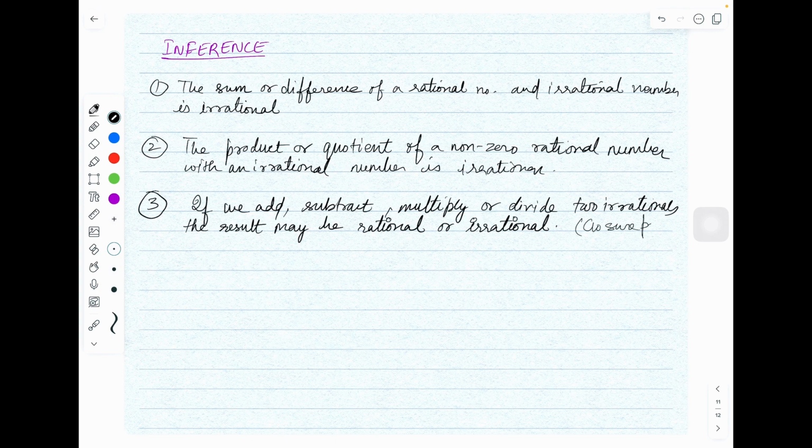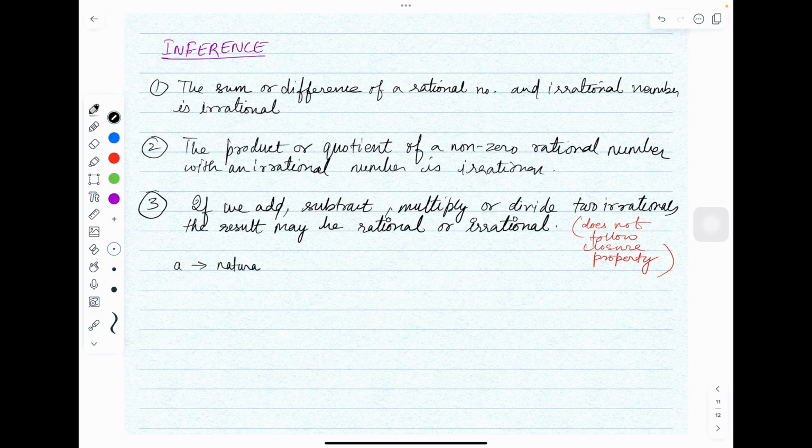Irrational numbers do not follow the closure property. That thing we discussed. Okay, one more thing is that for rational numbers, we know,